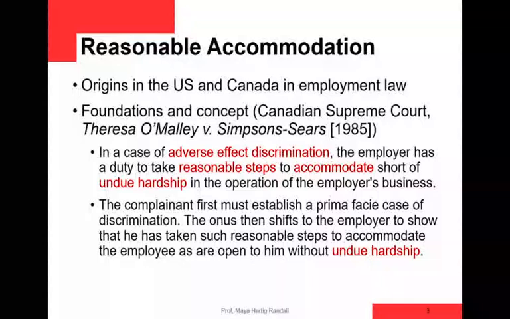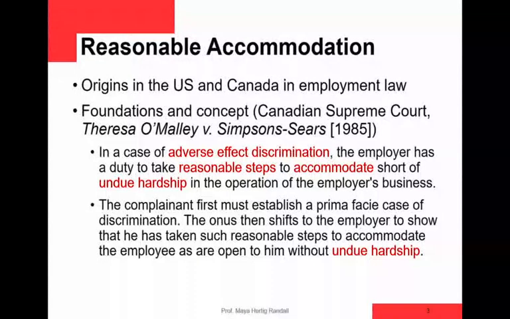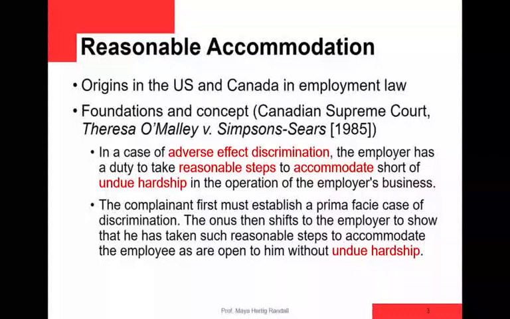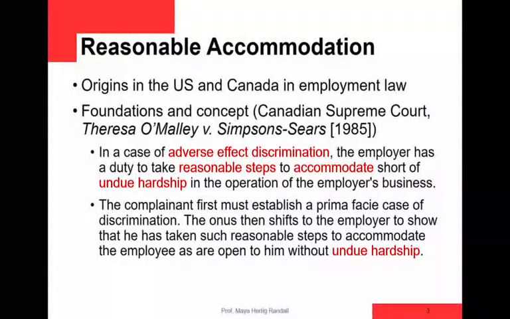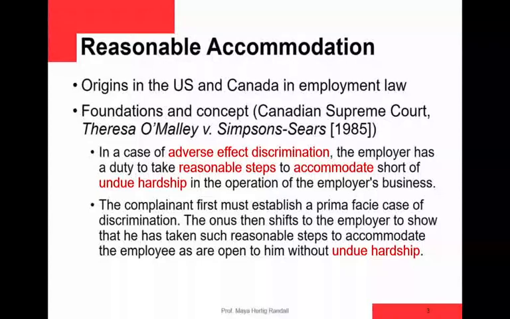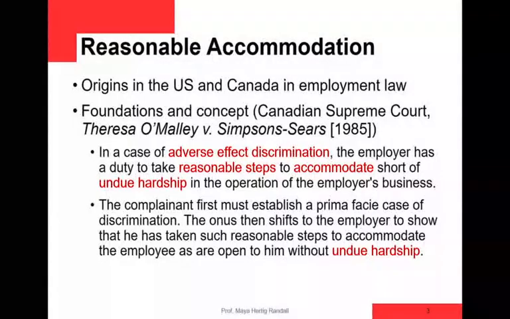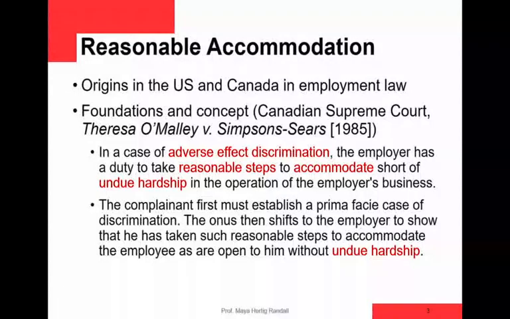So the question often will be in reasonable accommodation cases, is the demand reasonable? Is it going too far? Does it impose undue hardship? In the United States, for a long time, basically, the burden was higher. You had to demonstrate that it was basically only a minimal, I would say, hardship for the employer. But the Supreme Court has, in a relatively recent case now, also basically broadened or made it easier to get